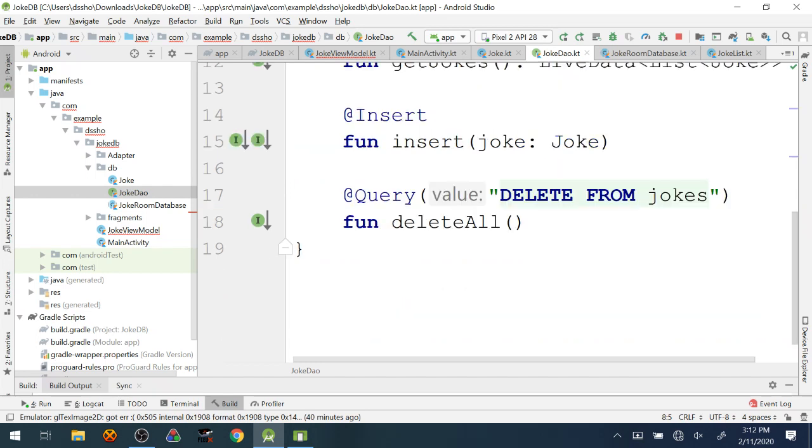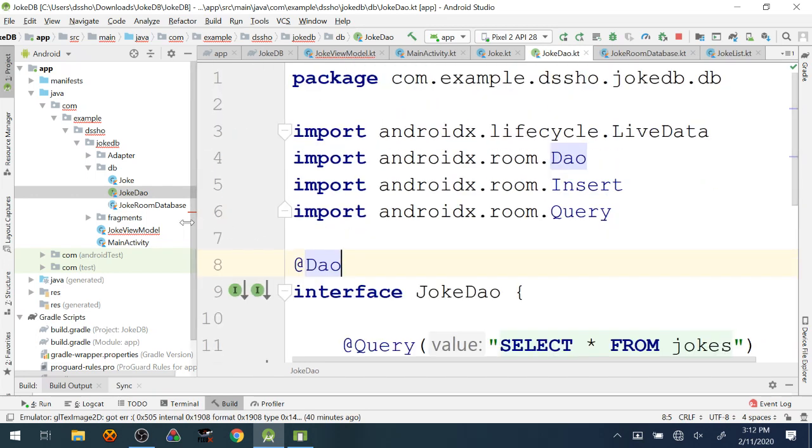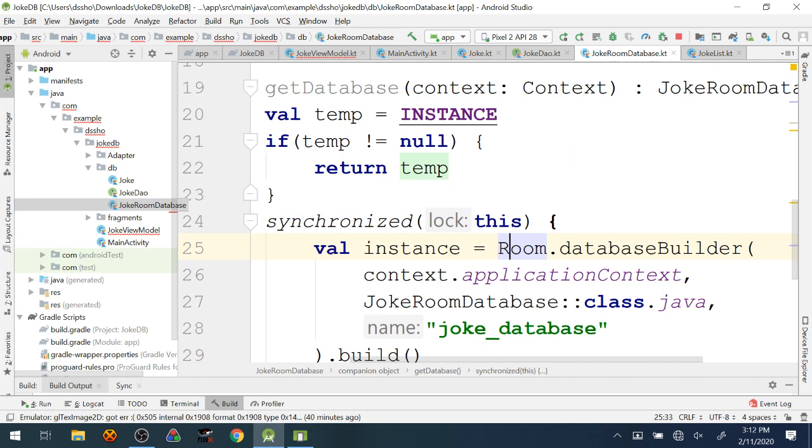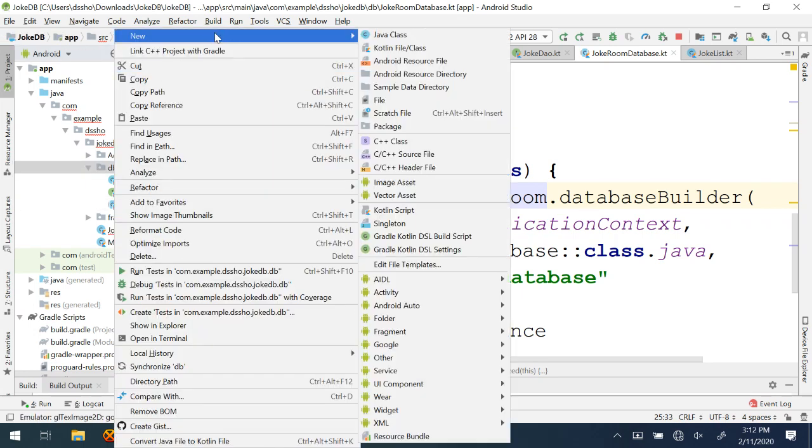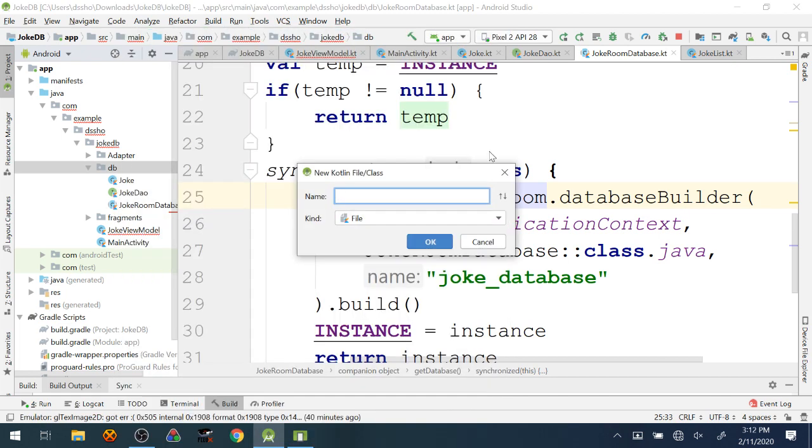The threading is not something that needs to be a huge concern when this boilerplate code handles 99% of the problems that you're going to run into in most cases. And so with that in mind, we're going to move on to the repository, which we had last week when we were working with Retrofit. We also had a repository, and the same thing's true this week.